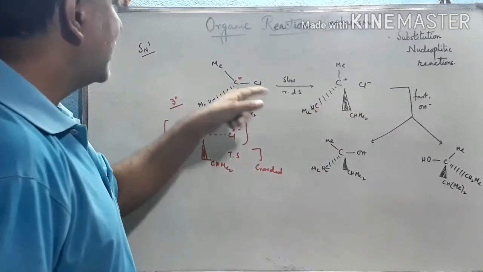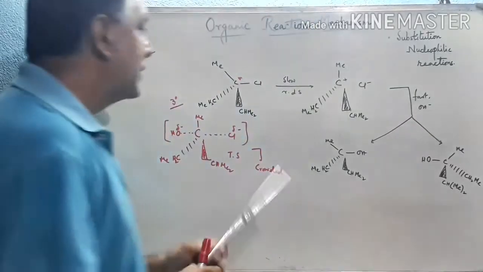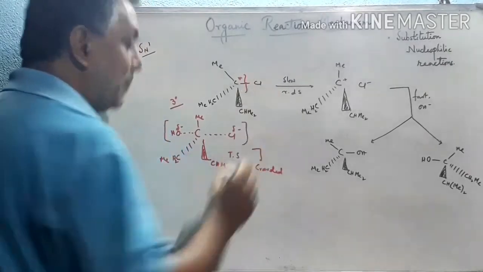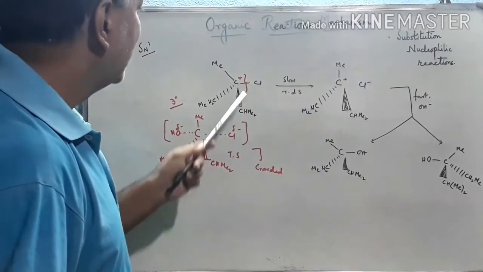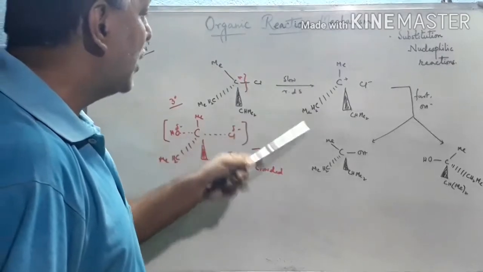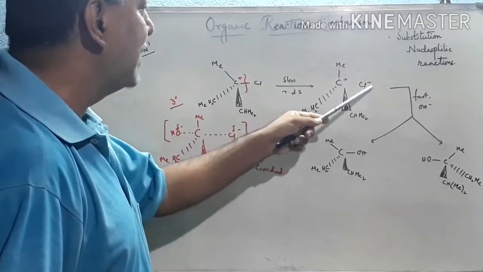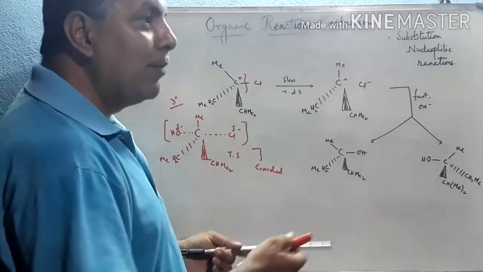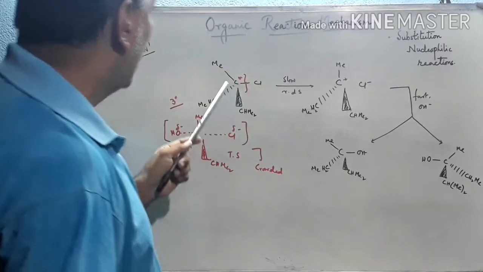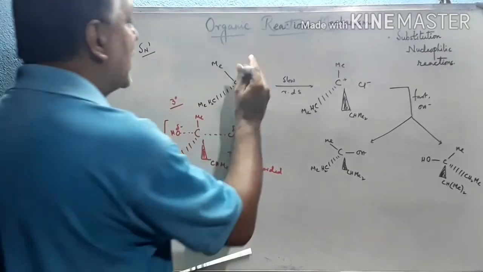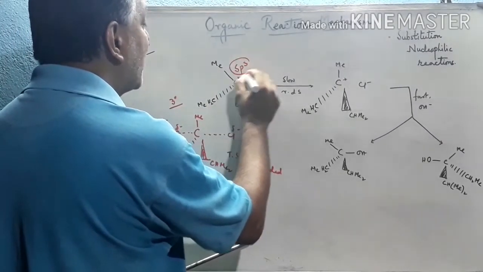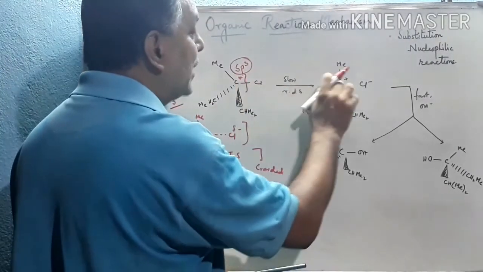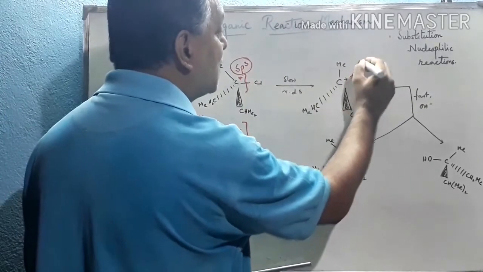See this, first the carbocation forms. This is the slow step. So a bond dissociation occurs. That means the old bond dissociates first. Cl liberates to form this carbocation intermediate, and Cl minus forms an ion pair at first. What is the effectivity of such type of formation of the carbocation? Because here the carbon is sp3 hybridized. With the increase of the bulkiness, the reactivity decreases, energy increases, and hence first it dissociates to form a carbocation, which now becomes sp2 hybridized.